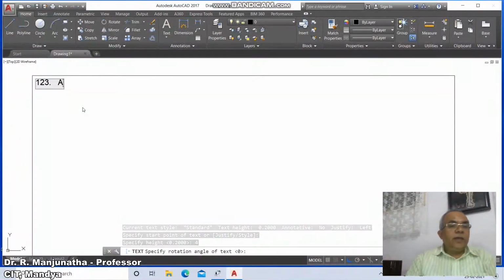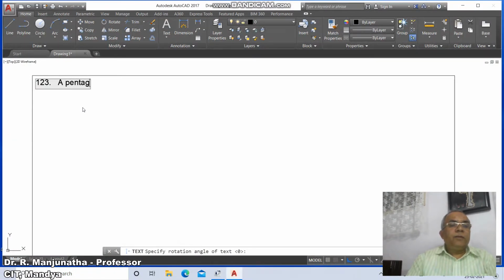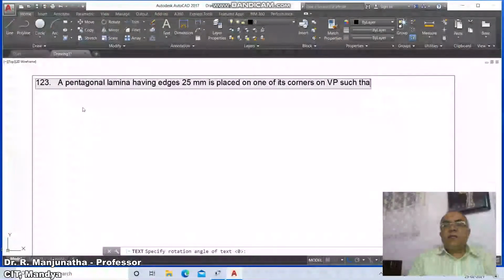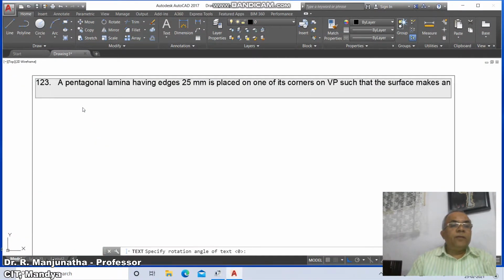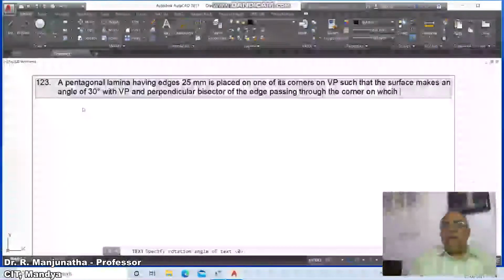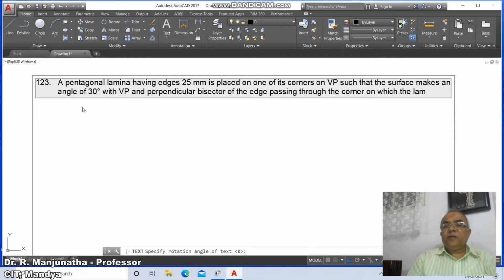Now we'll go for a pentagonal lamina having edges 25 mm is placed on one of its corners on VP such that the surface makes an angle of 30 degree with VP and perpendicular bisector of the edge passing through the corner on which the lamina rests.